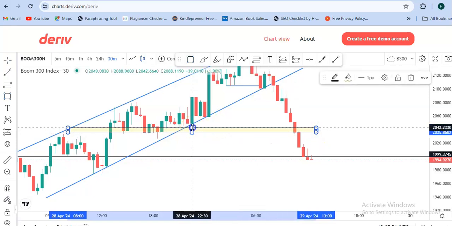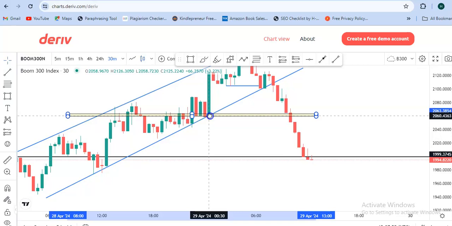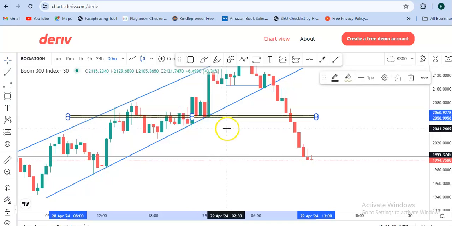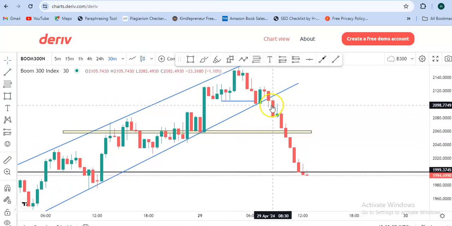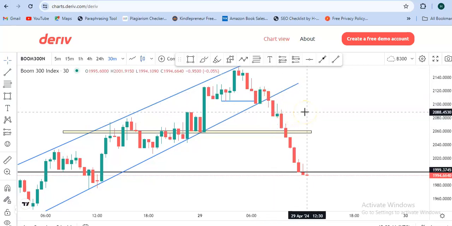This is the nearest support zone. Although I actually closed my first trade around this point, guys. You see, I had the trade at this point and it gave me massive profits to the downside. I sold massively. Actually, when I see good opportunities like this, what I used to do,